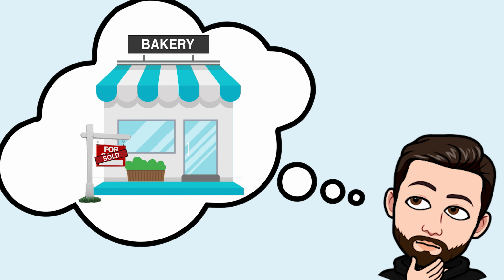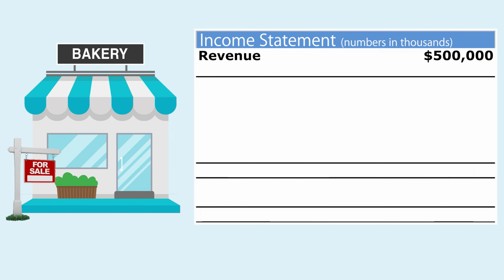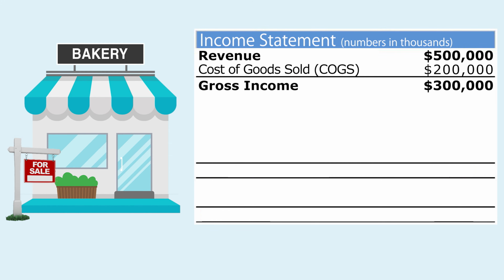Here's the PE ratio again from another perspective, and there's a hidden lesson in here, so see if you can catch it. Let's imagine that there is a bakery business in your hometown that's up for sale, and you're thinking of buying it. You find out that over the past 12 months, that business has sold $500,000 worth of baked goods. So that's the total revenue. And then you find out that the cost of goods sold, like the ingredients and the packaging, was $200,000. So you have the $500,000 revenue minus the $200,000 cost of goods sold gives you $300,000 of gross profits.